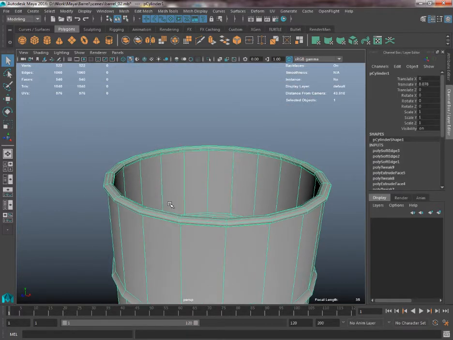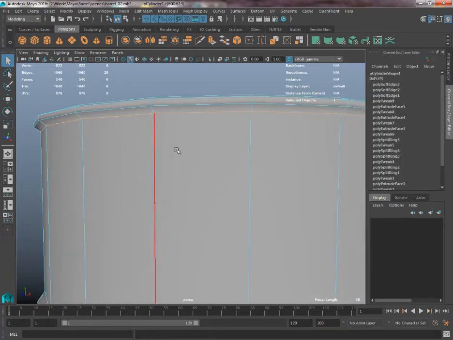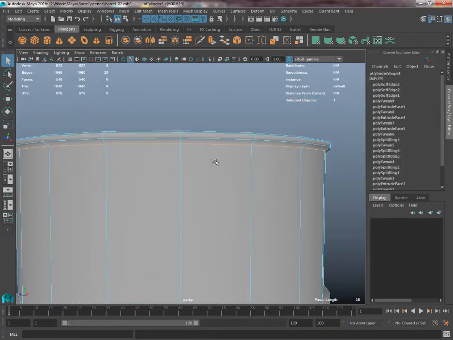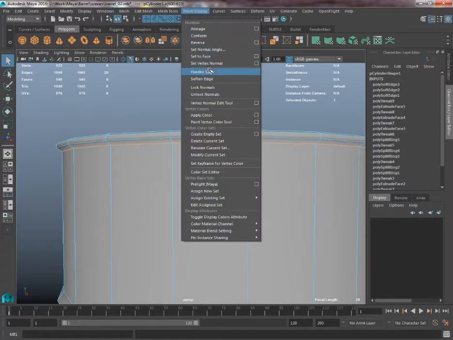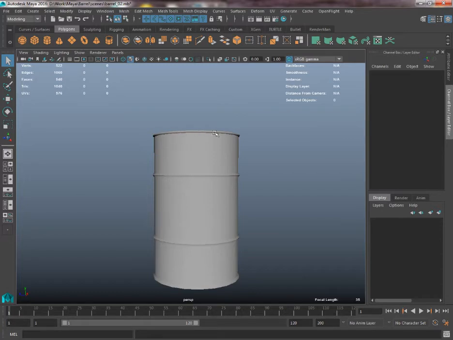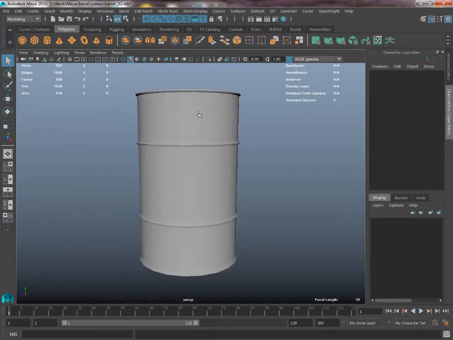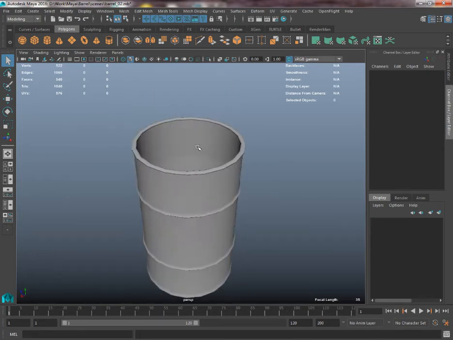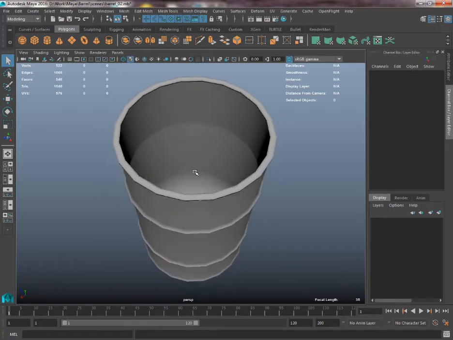So I'm going to go onto the top, and I'm actually going to add one here across the first edge at the top, like that. So you can see there that we're cutting that edge in here, and it gives the illusion this is a more dense, more complex model than it actually is. So on the inside, we're still looking a bit soft. We've not got much